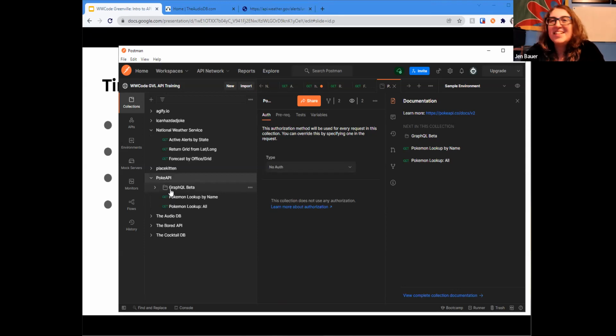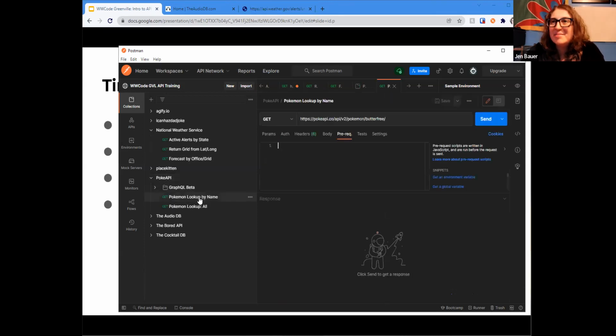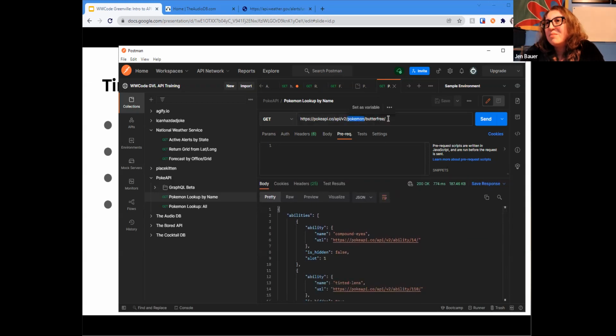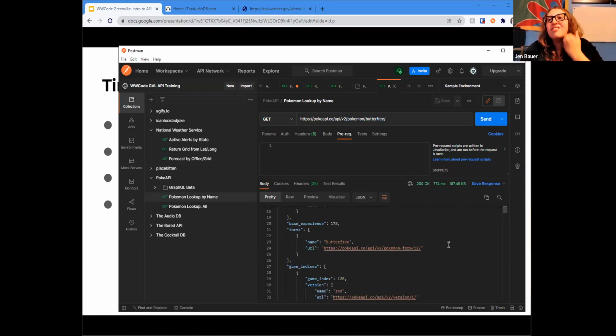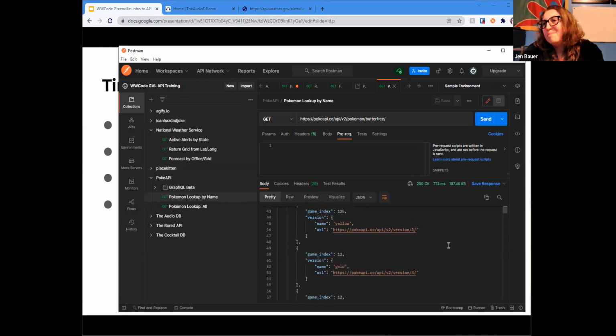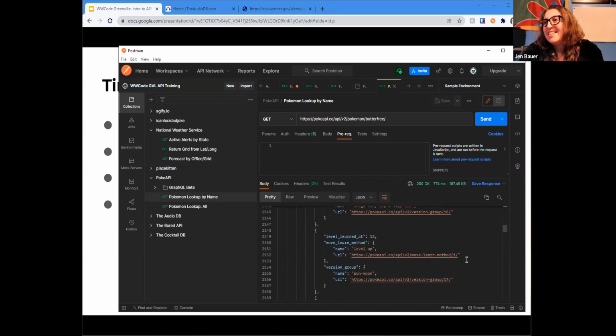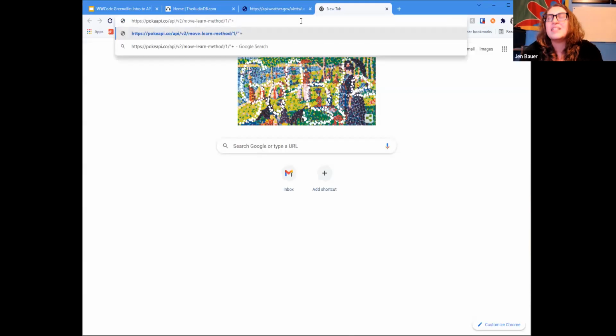So if you are a video game person or a Pokemon person, whatever you may call yourself, there is some wonderful creature out there who has made an API endpoint that just lets you get information about Pokemon. So if I wanted information about a Butterfree, I have that right here as part of this endpoint. This Pokemon endpoint accepts essentially this little variable right here. And I can get all these URLs for abilities, which version of the game it was in, all this sort of fun, silly nonsense, moves that it can learn. I'm going to see if I can open up one of these